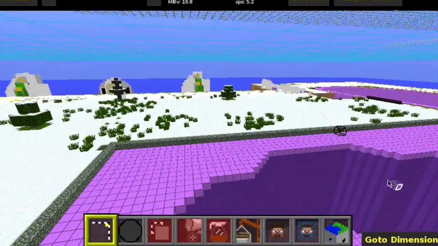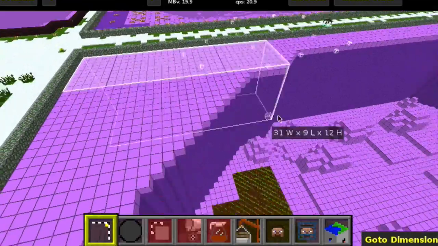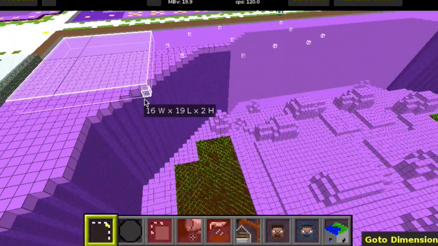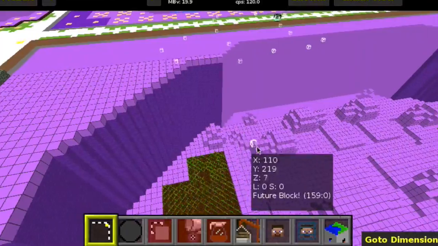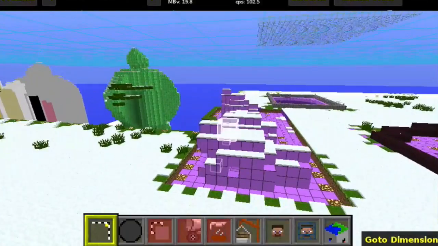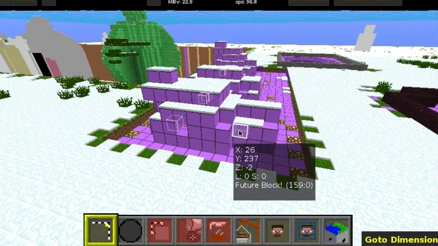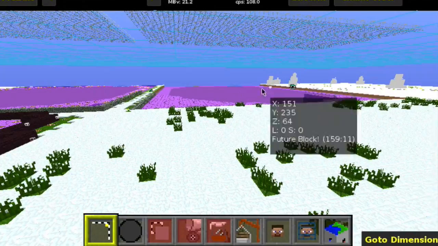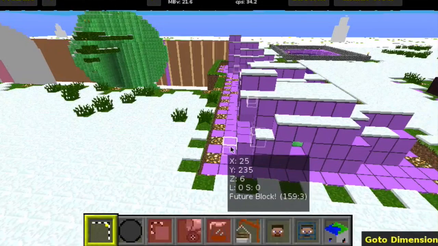But I use tools like this, my little select reticle here. I just clicked and dragged and selected out this whole area and deleted it with the delete key to make the hole to start with. Deselect there. And let's go over here. So if I wanted to put this in a hole in the ground like, 15 times, like I did over here, I just made my hole in the ground, and then I selected